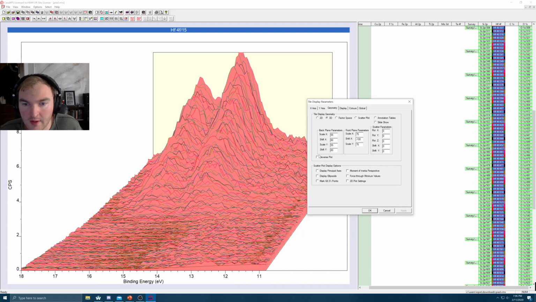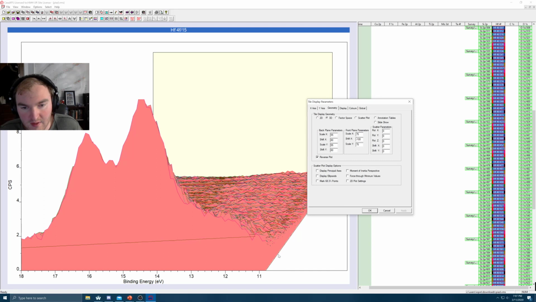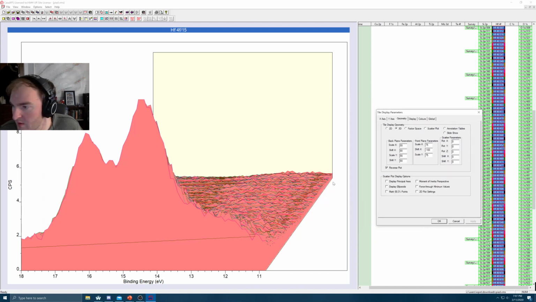Another thing we can do is reverse the plot. This isn't as useful for this thing in particular, but if, for example, you have something that is degrading over time, like if you have carbon and the carbon's highest on the surface and then it slopes downwards as you etch into it, that will not be visible with this sample. So you can hit reverse plot and apply, and now you have t equals 0 over here, and you have your final time over here. I'll show that in a second. For now,